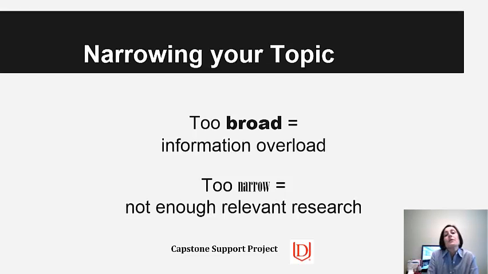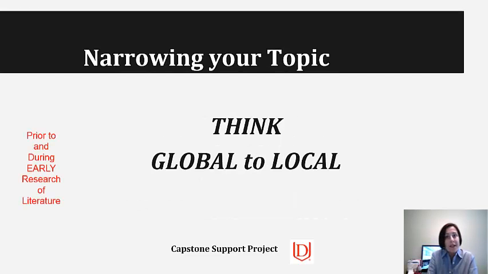As you do your research, write everything down. Have an idea of where you're headed and see where other authors head. This is the goal of your literature review, to help pull things together for you so you can see where the gaps are so that you know what to write about. So as you're writing, start out with that general global idea, but have the idea of coming down more locally